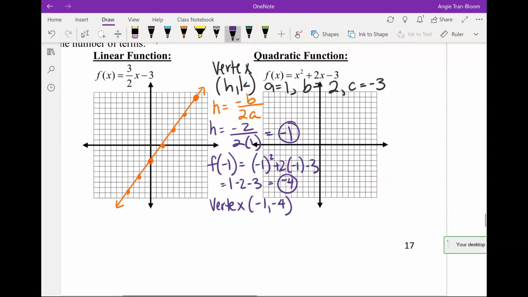Your A value is 1. So do we have any vertical stretches or compressions? No. So all we have to do